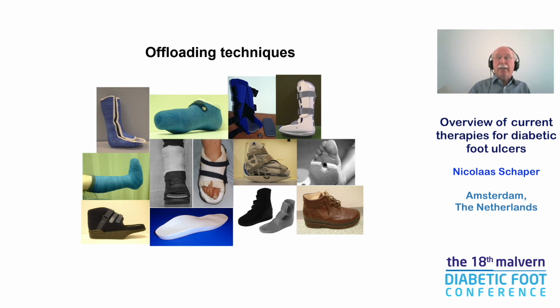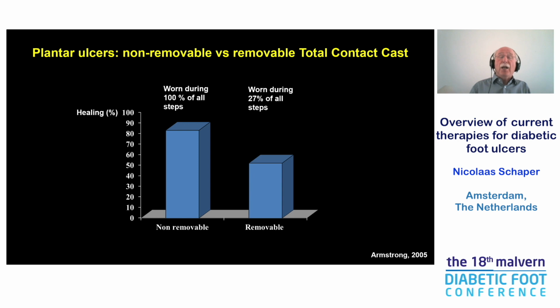There are many different techniques, but the most important message is that please use, if possible, and with possible I mean if there's not a high-risk patient for complications, for a plantar ulcer, always use the plaster or at least a knee-high offloading device, and there are different devices for non-plantar ulcers. One of the probably most important parts, besides using a plaster or a walker, is that you should make